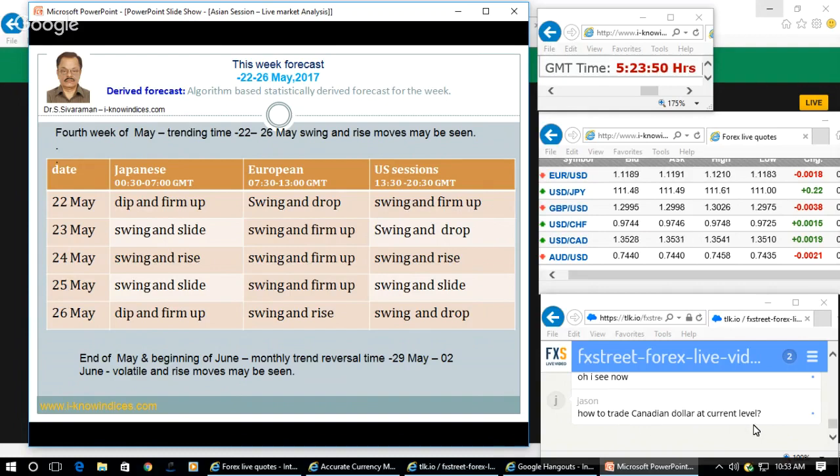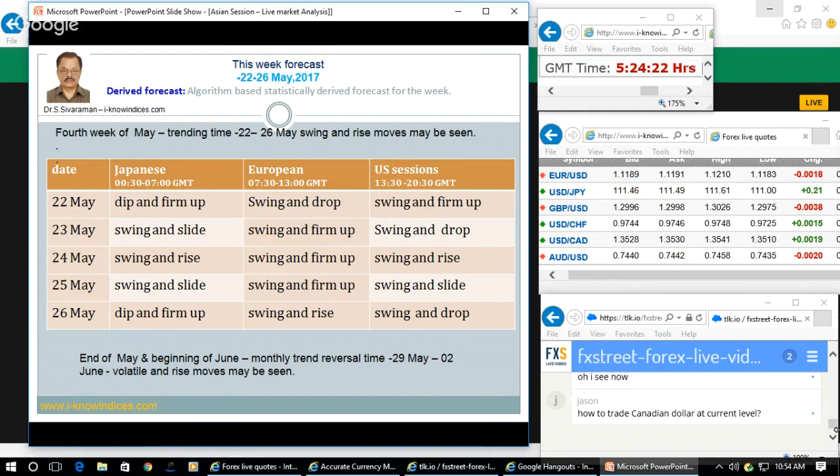Okay, how to trade Canadian dollar at this level? For the Canadian dollar, on small pullbacks you have to sell. So when they make an upward stop at 35.41, you try to take a sell and keep the hedge order to limit the risk. And if you see them consistently making the drop, they will reach the 1.32 level, but they will not go straight. So they will make an upward stop before making a drop.